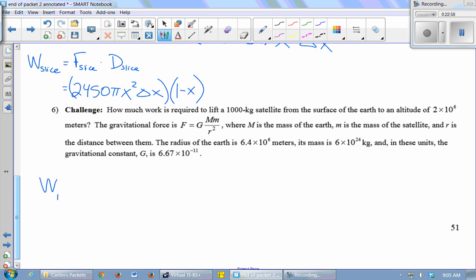So my total work is going to be an integral where I'm adding up all of these slices where I do this much work on each one. So write it like this: 1 minus x, the distance we have to move it, and then times 2,450 pi x squared. The delta x becomes a dx when we take the limit. And then my bounds of integration for the x,